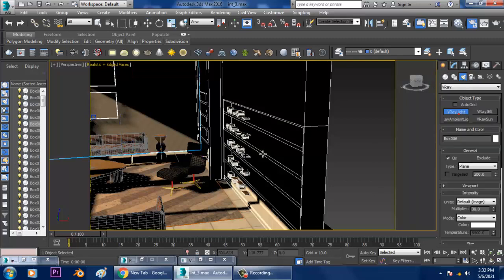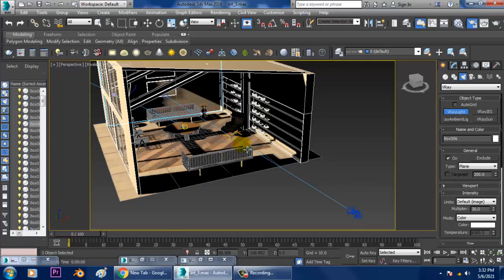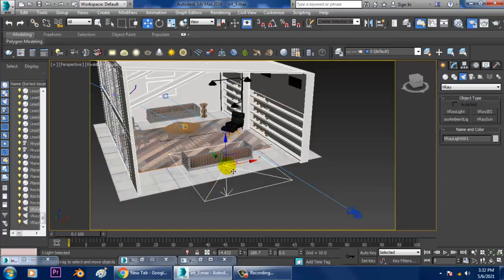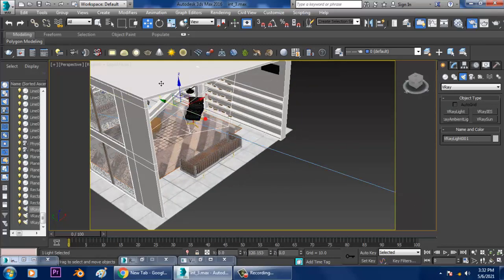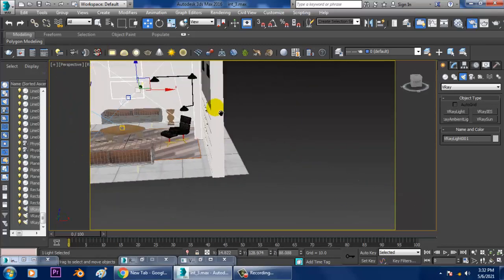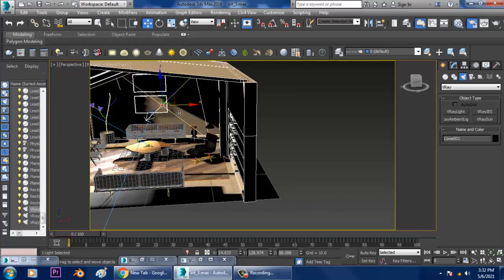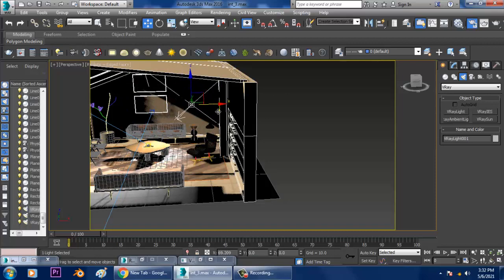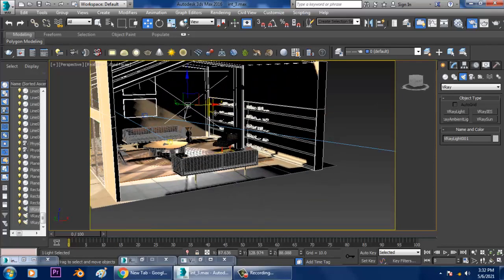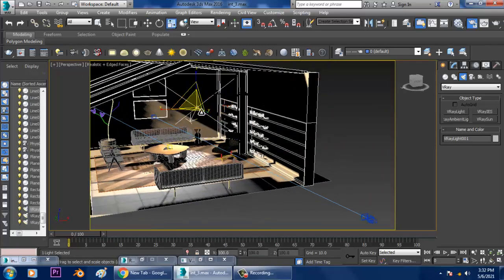I'll again add one V-Ray light right from here on this axis. In this way. So we can just scale this.